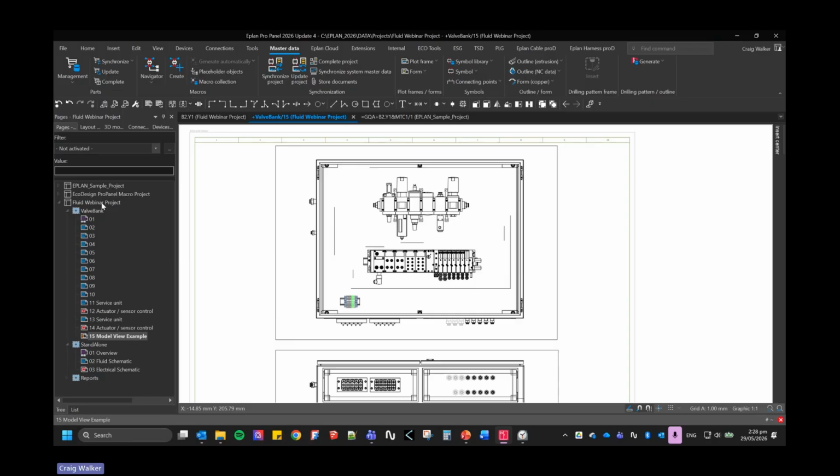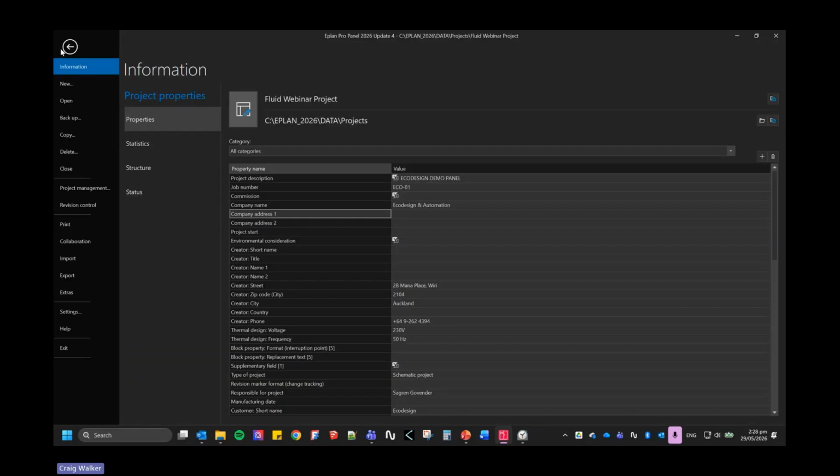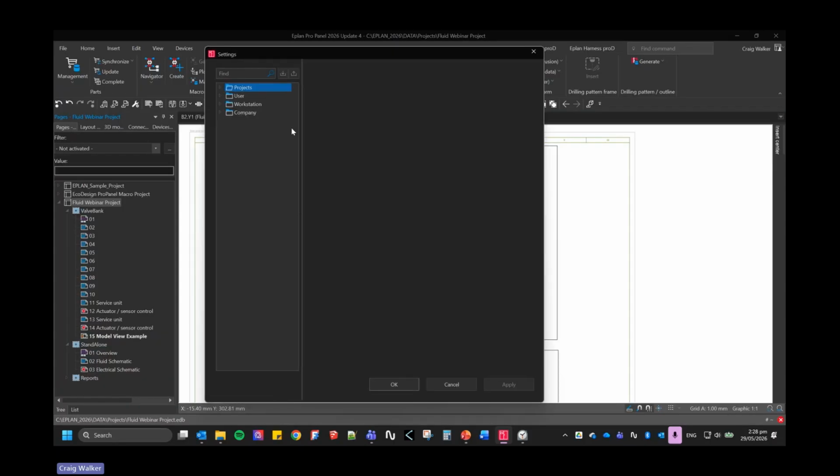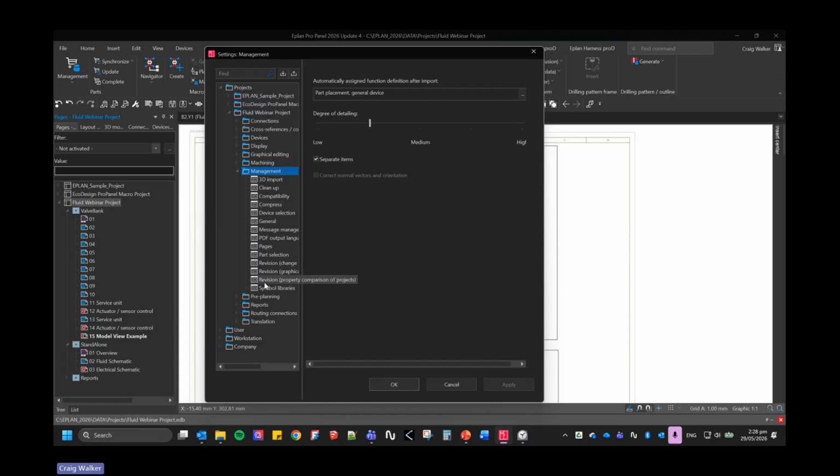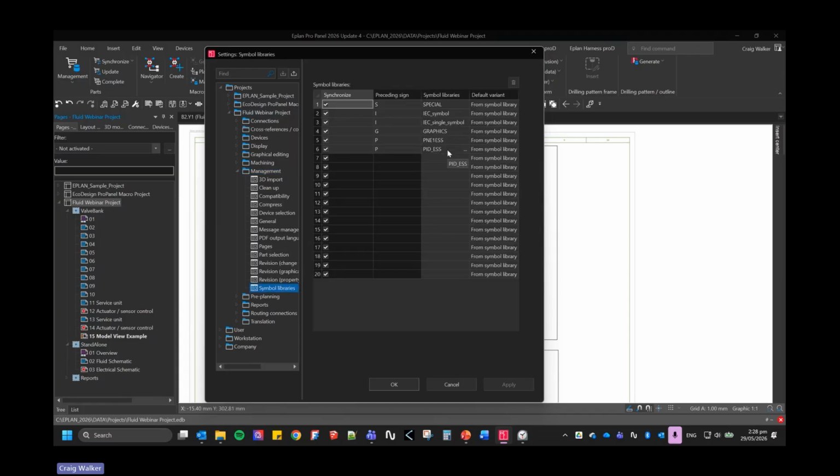So when we talk about symbol libraries, to start getting your symbol libraries into your project, you want to call up the settings. I have a settings shortcut here on the bar, but the other way is just to go through File, Settings, and then under here I can open my project, and Fluid, and then Management, and then Symbol Libraries. And you just want to add them in here. I would suggest adding this PID ESS as well. That has some additional fluid symbols that are very useful. So I've got the two libraries added at the bottom there. Once they're added in there,